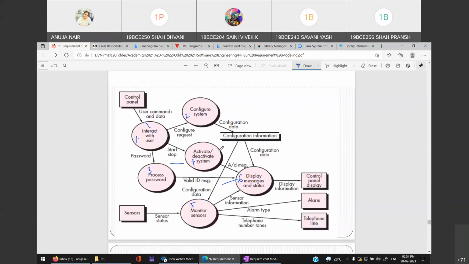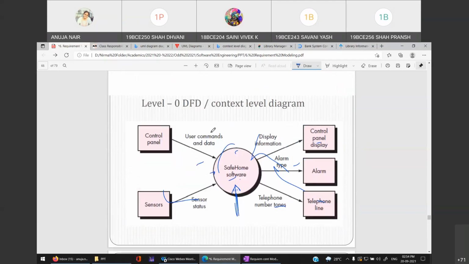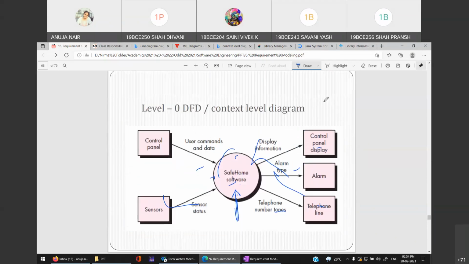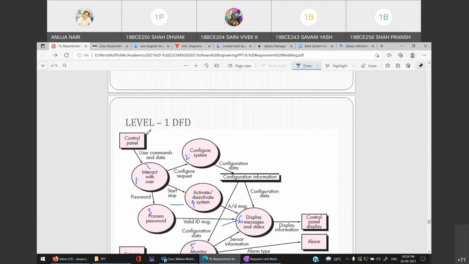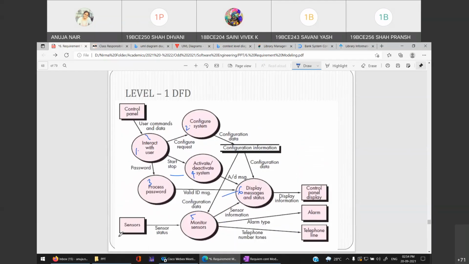Now see how you need to maintain consistency. If in the context level diagram, 2 things are giving the input, which are control panel and sensor, here also 2 things should be giving the input. So you can see, control panel is giving input to this particular process, and sensor is giving to this particular process. But finally, who are giving the inputs?